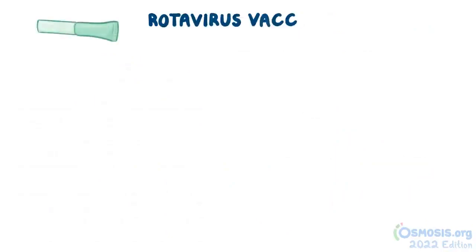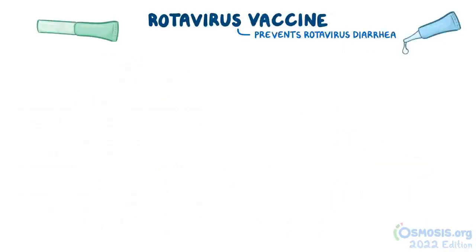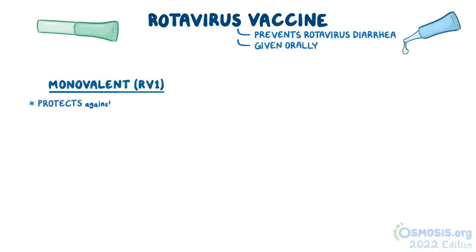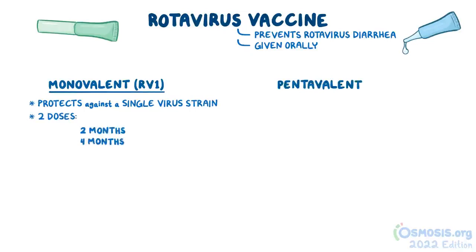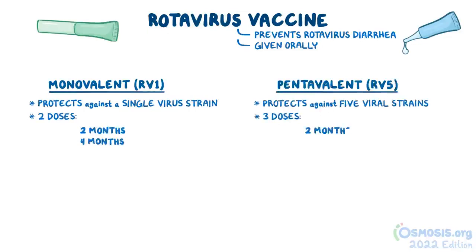Next, there's the rotavirus vaccine, which prevents rotavirus diarrhea, a major cause of dehydration and mortality in children worldwide. There are two versions of the rotavirus vaccine, both of which are given orally: a monovalent one, or RV1, which protects against a single virus strain and is given in 2 doses at ages 2 and 4 months, and a pentavalent one, or RV5, which protects against 5 viral strains and is given in 3 doses at ages 2, 4,